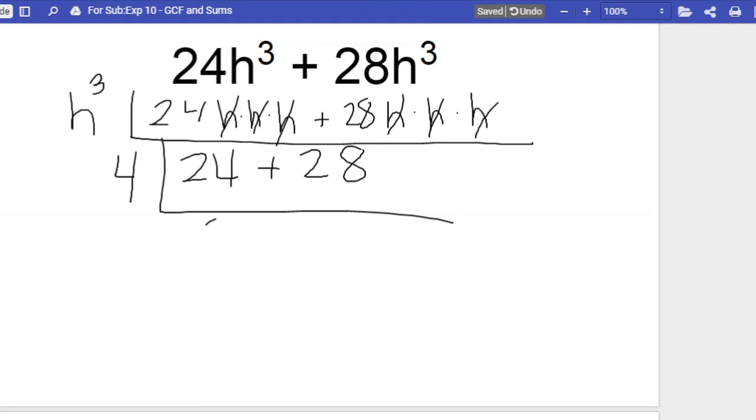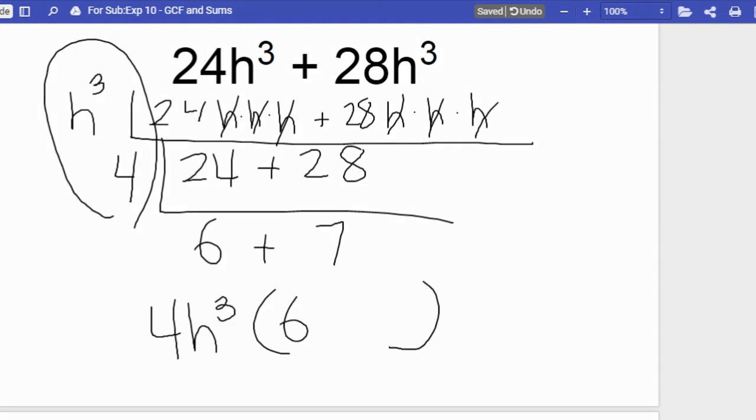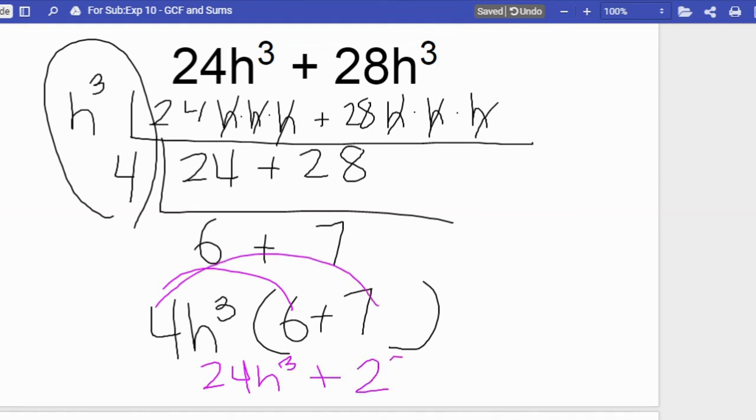And then I look at what comes out of a 24 and a 28. 4 does. 24 divided by 4 is 6. 28 divided by 4 is 7. Nothing else in common. So greatest common factor is 4H cubed. What's left? 6 plus 7. So there's my answer. Now let's check it with the distributive property. 4 times 6 is 24, and I have H cubed going through, plus 4 times 7 is 28, and I have that